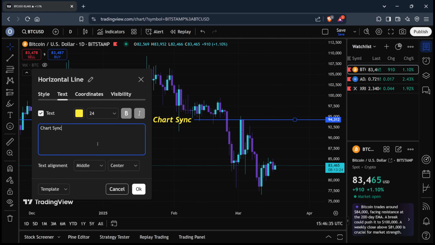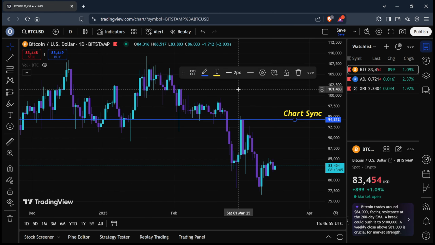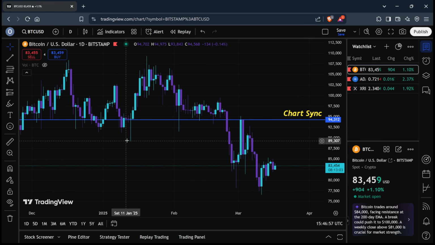Whenever I draw my lines, if you come down here to these two boxes, right now it's in the middle and the center. I don't like that. I want it right above the line. So I put it on the top, and then I want it all the way to the right. That way I can see the price action. And if I ever want to know what this line was for, I can look over there and there's the answer. And you click away anywhere on the chart,